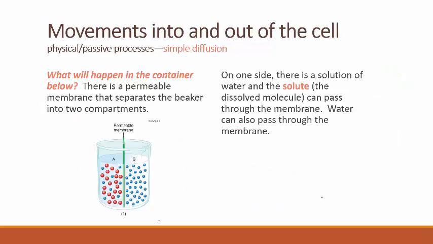Simple diffusion. Now, if we were to put a permeable membrane to separate the beaker into two compartments, what would happen? So we put on one side a whole bunch of the solute. It could be dye molecules. You could think of it as sodium and chloride ions. All those molecules that are in there mixed in with the water. And we have a permeable membrane. If we have a solution, there are two components to a solution. A solute,